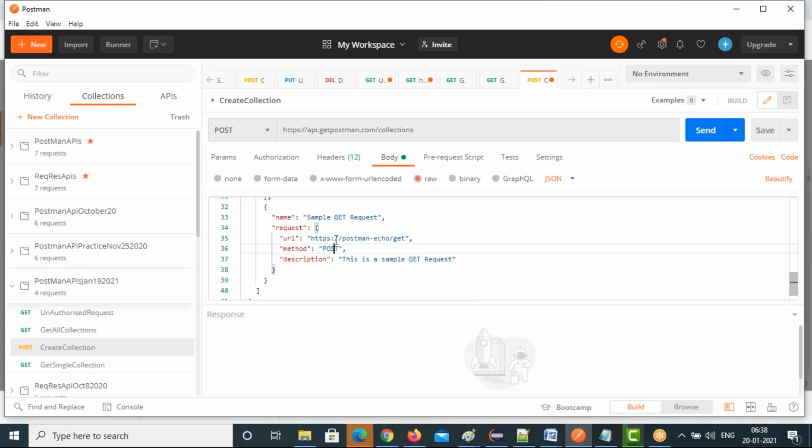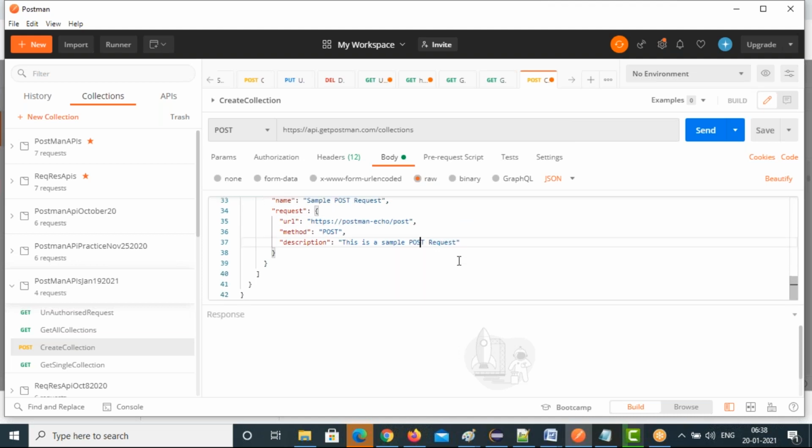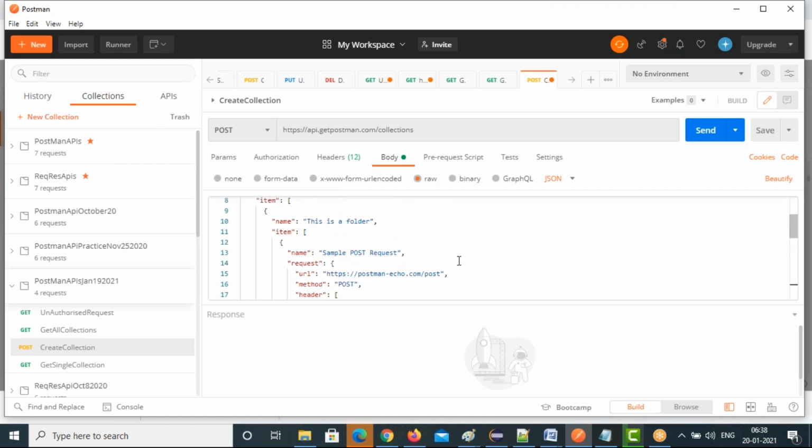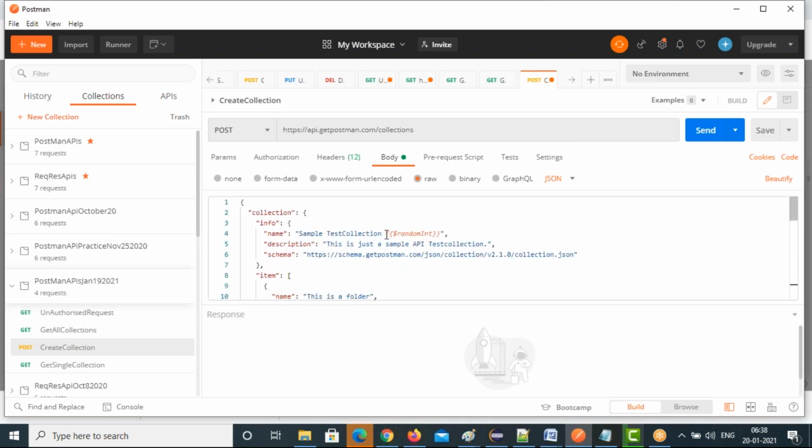I'll change it to post. Wherever you modify, that data will come. This also I'll change to post. Everything I'm changing to post, right? So this data you need to see. Here a random number will come, so no need to worry. And this is the sample test collection. So this is the one I want to create.